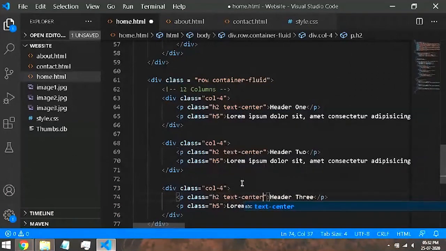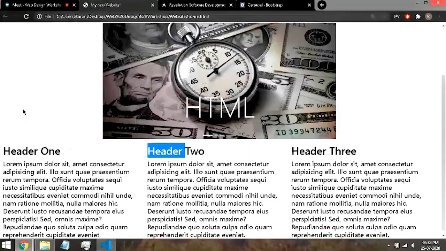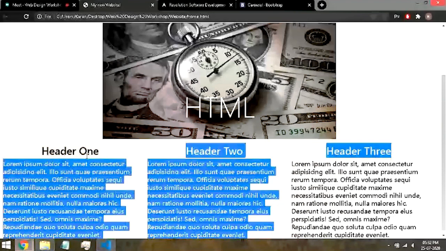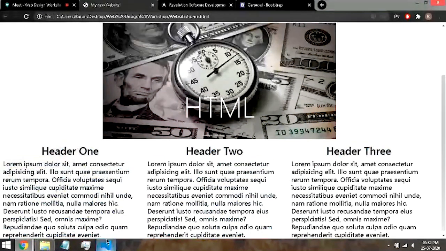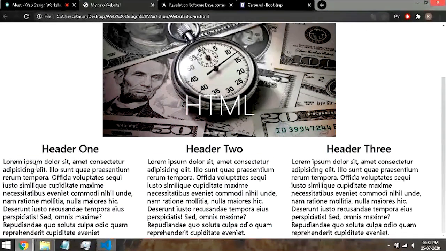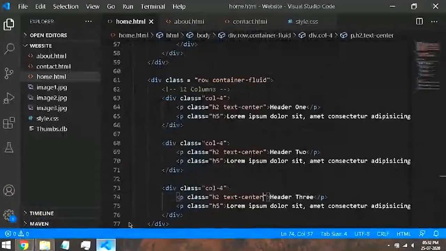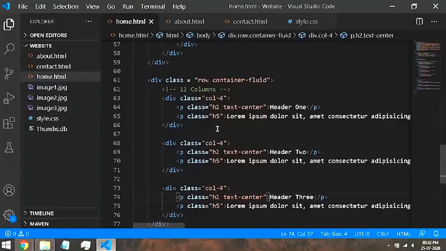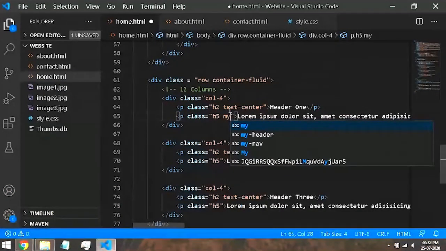Again, text-center. Save. If I hit refresh, these 3 tags were centered. Now I also want this text to look a bit better. So what we can do is that we can create our own class. I will just say my para.